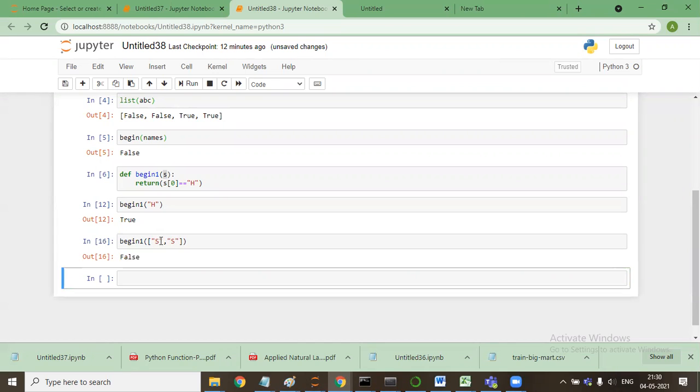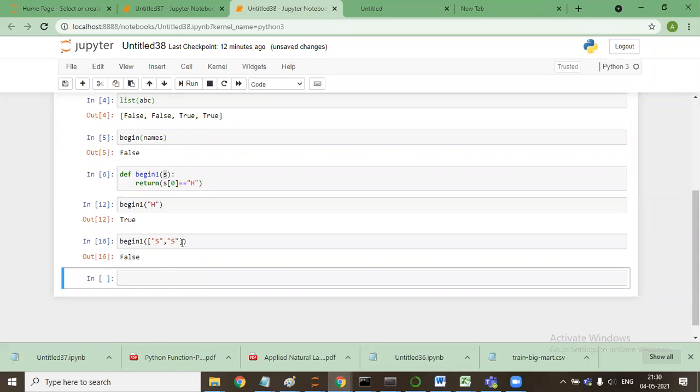But the target that we have been working on is not solved, sir. It is not working on each element. So I have doubts, sir. Why is it not showing the error? Because we have passed only one argument in the function, and here it is passing two arguments, S and S.